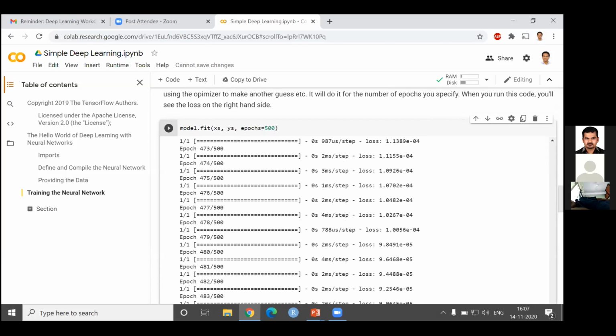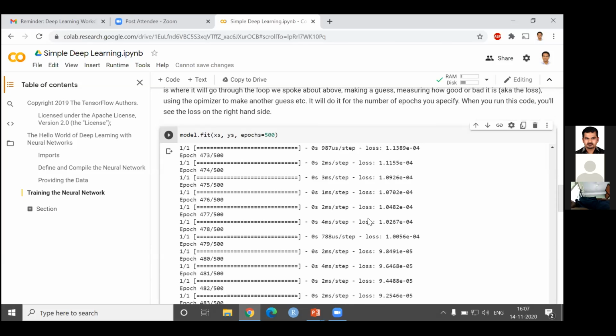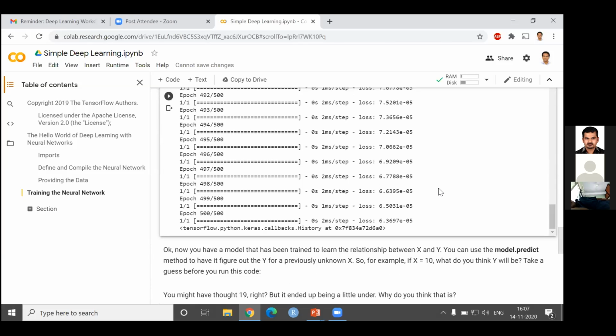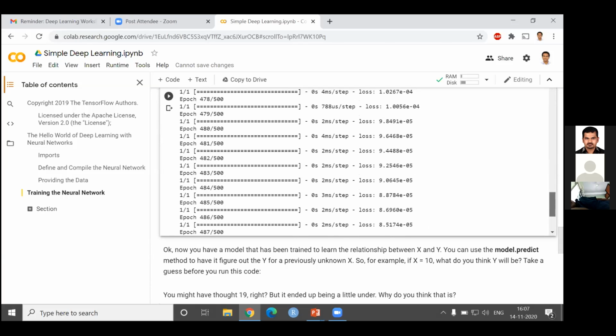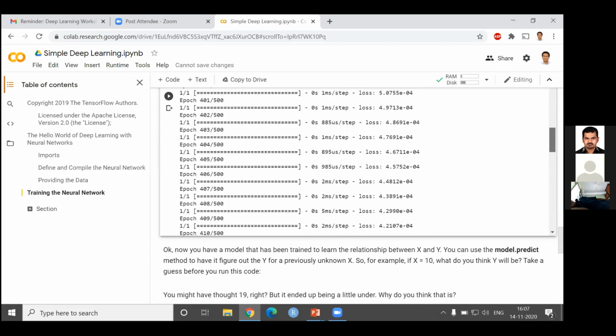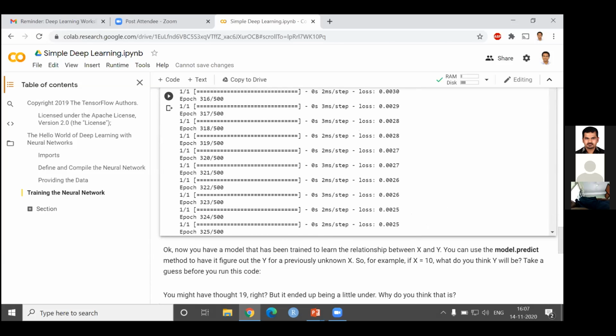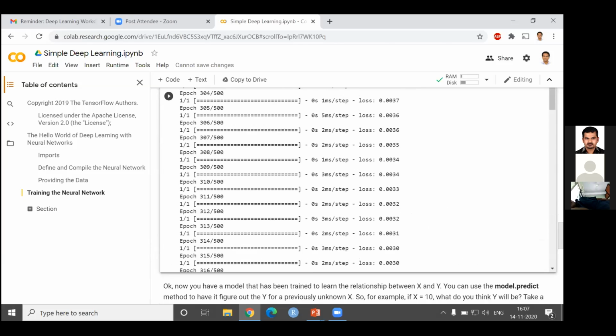If you observe, when you are trying to fit the data, the loss should keep decreasing. Initially, at the first prediction, the loss is high, so you look at the predictions here.